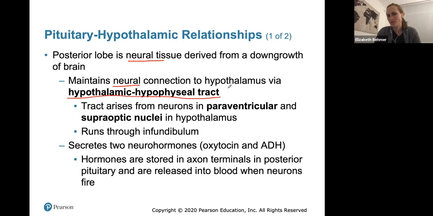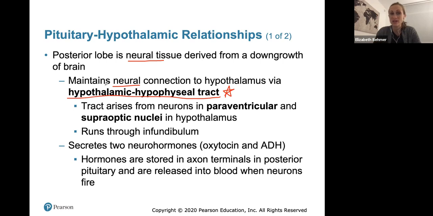There might be a question on your lecture exam, just understanding that this is the connection between the hypothalamus and the posterior lobe of the pituitary. It runs through the infundibulum, and that tract is just how the hypothalamus controls or basically communicates with